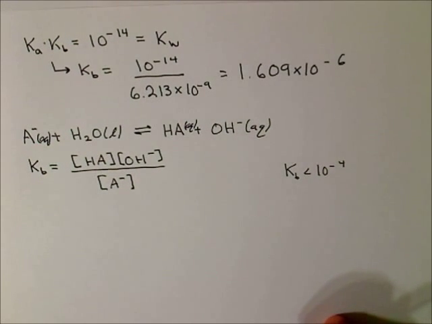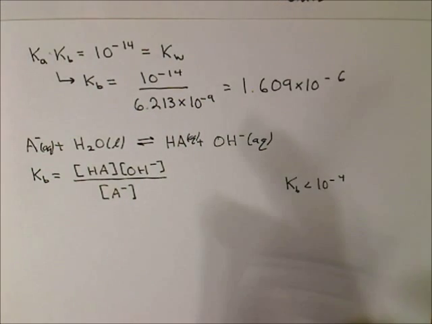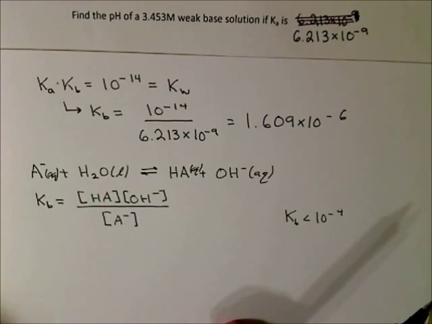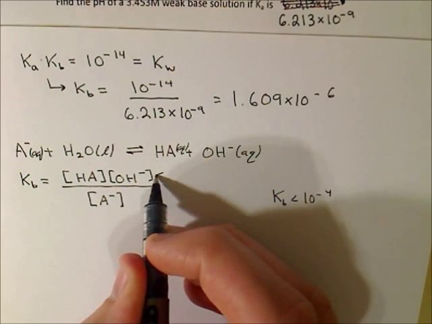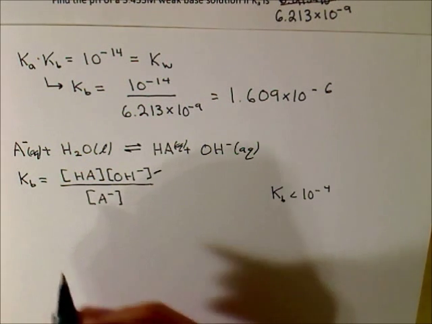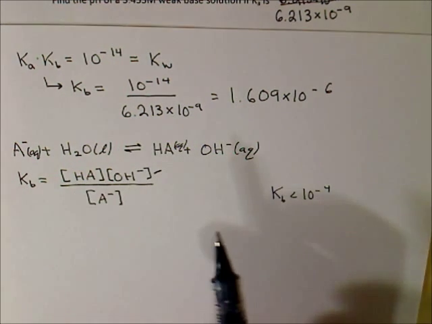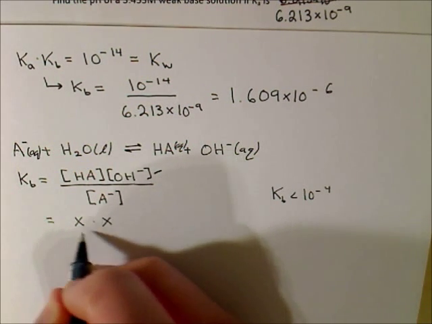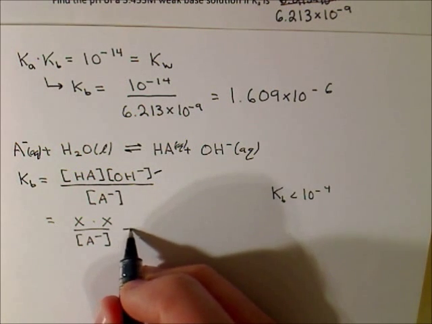So in this case, we can use the approximation that our equilibrium base concentration is just equal to the initial concentration, which in our case was 3.453 molar. Okay, so now what we want to find is OH minus. That's what we need to find the concentration of. So we can do that algebraically, and by looking at this equation here, we see that HA and OH minus are exactly the same. So let's just write them as X times X over A minus. And just like we solved it last time,